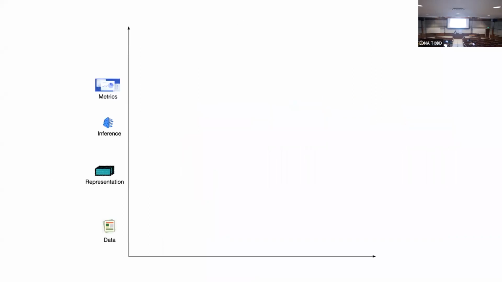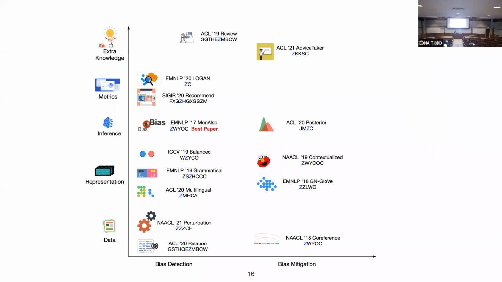My work touches the biases from the different layers of this pipeline. It addresses two important tasks about bias detection and mitigation. And here's the overview of my work on NLP fairness. It serves as a pioneer work in the NLP fairness direction, and one of my works won the Best Paper Award